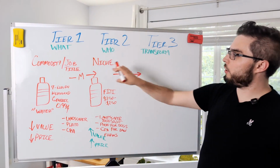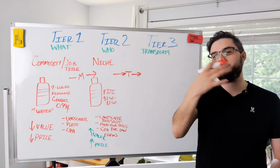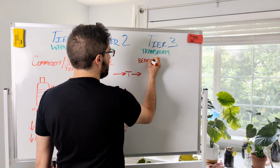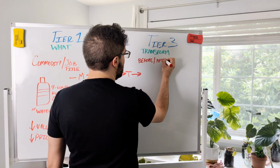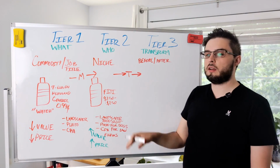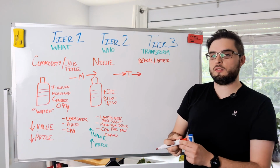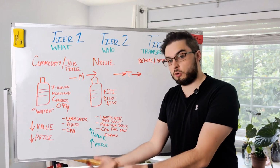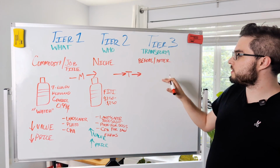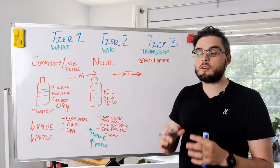So this is no longer what it is or who it's for, but this is what they get out of it, the experience that they get on the other side. The best way to think about this is before and after. Because remember, at this stage, you're still selling just a job title, or you're still selling a product, hopefully with an attached avatar or customer or somebody you're orienting this thing to. Like, yeah, I do car detailing for sports cars, I do landscaping for waterfront properties. But the transformation means that now you can actually sell the outcome, and that makes you usually incomparable in your